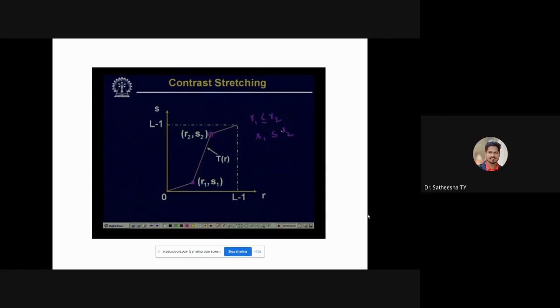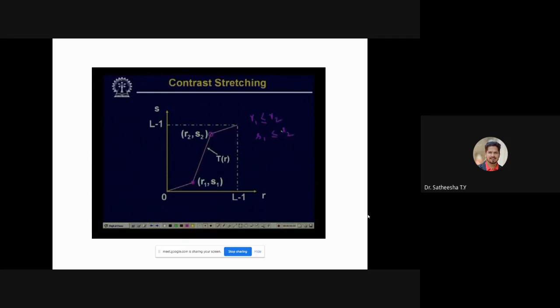That means by applying such a transformation, where R1 equals S1 and R2 equals S2, the processed image does not undergo any variation from the original image. For other combinations of R1, S1 and R2, S2, we really get some variation in the processed image.